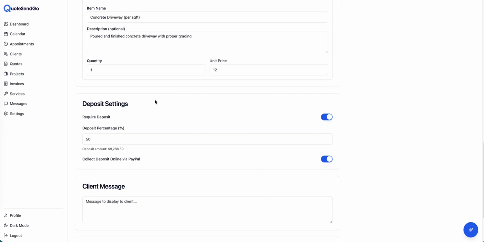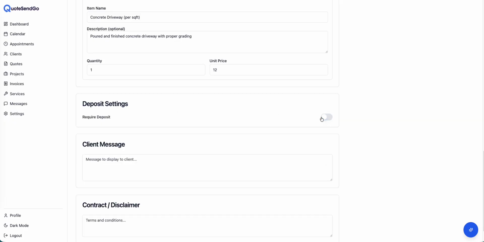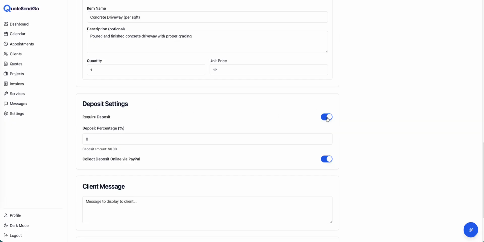So I'm moving on down to the deposit section here. With this toggle, you can toggle whether a deposit for a quote is required or not in order to move forward with the approval process. If you want to require a deposit, just have this toggle on, put in the percentage, what the percentage is going to be,